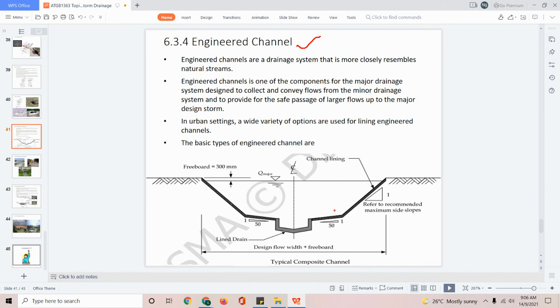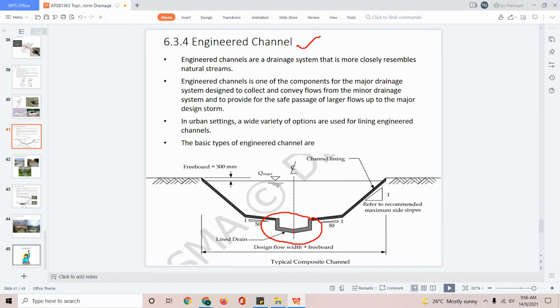So imagine if you have a very big drainage, this big size drain will not be able to effectively drain off a small amount of water. So to do that, we actually engineer the channel to have a small channel within it, so that it allows